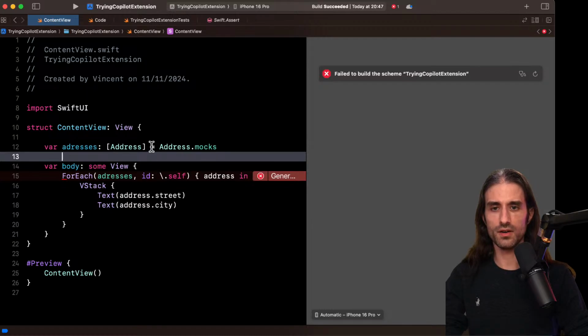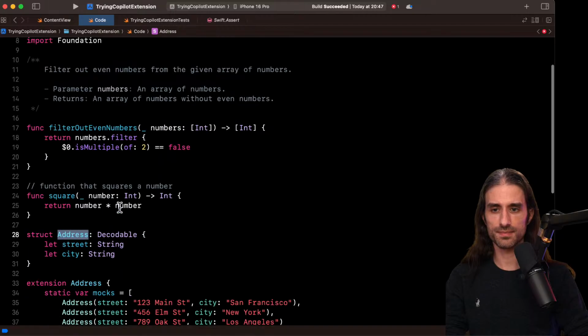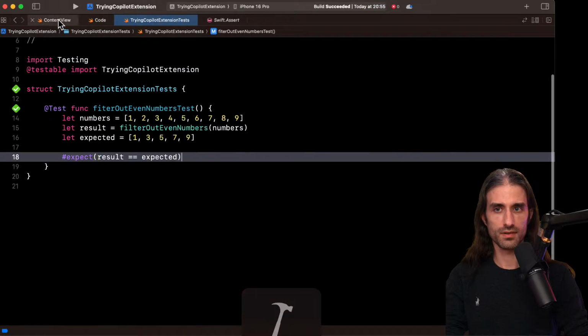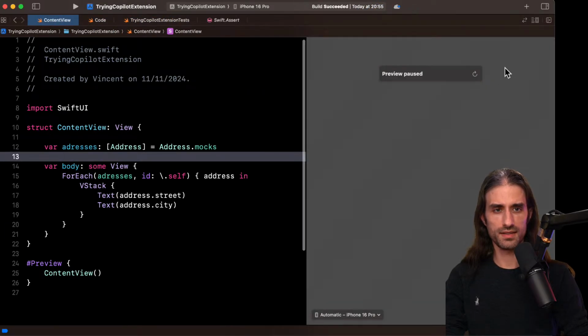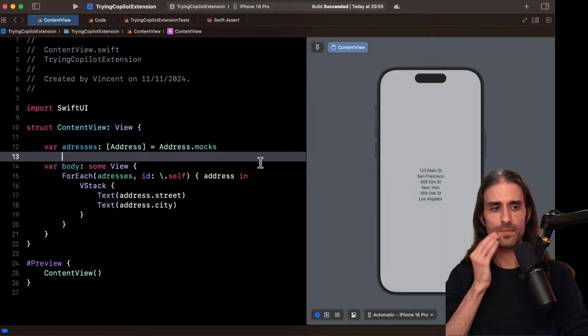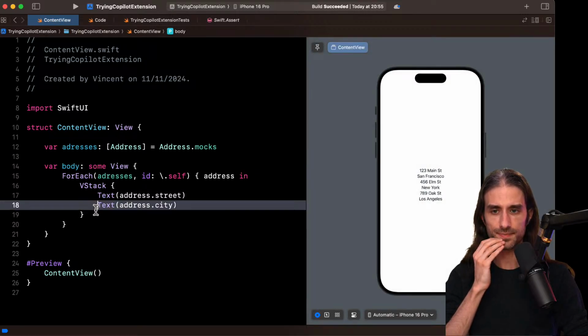There needs to be, oh yes, I need to make it conform to Hashable. So let me do that. And it understood that now it needed Hashable. Let's see, does it build? I'm gonna try and display it. And basically, yes, perfect.